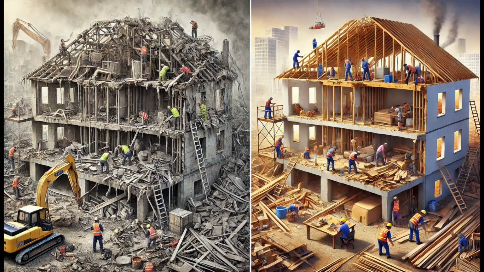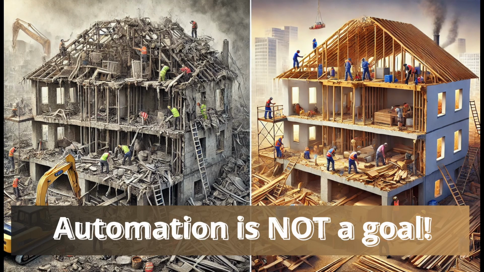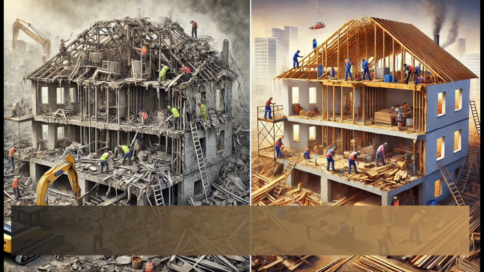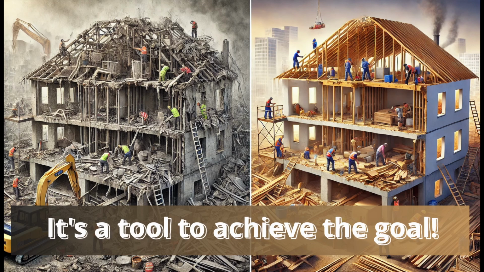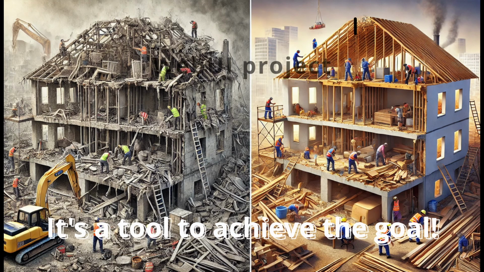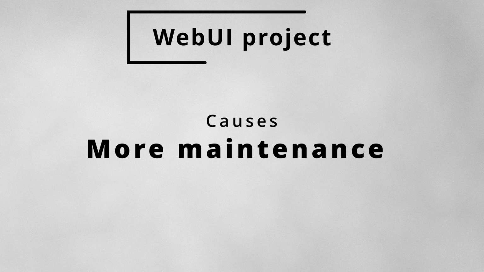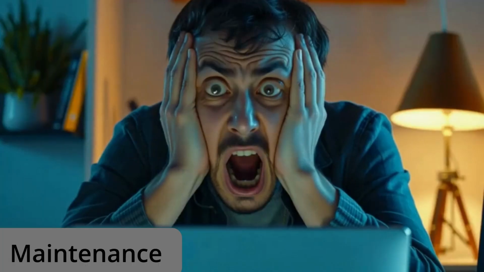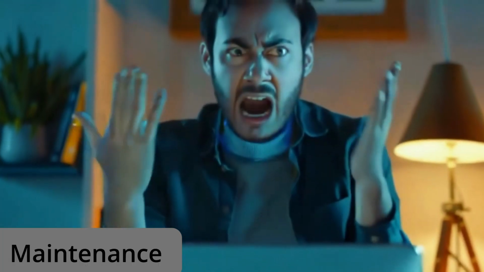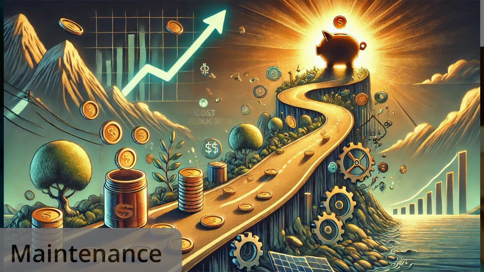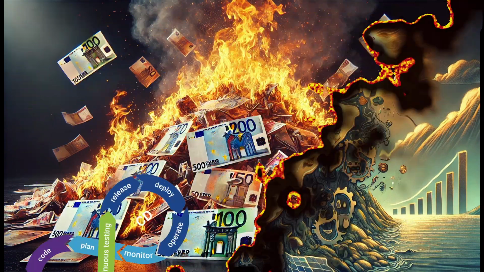For now, I want to highlight a key point. Sustainable test automation must be carefully planned and implemented. Simply having test automation in a project is not enough to guarantee the promised benefits. However, when it comes to WebUI projects, the importance of good test automation architecture is even greater. A poorly designed test suite can quickly lead to a maintenance nightmare, undermining all the advantages that test automation is meant